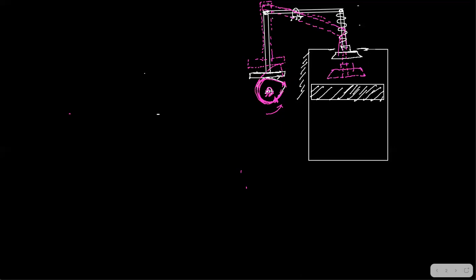So based on how much time you want the valve to be open, how much time you want the valve to be closed, you are going to design this cam. Okay, the cam surface will decide how much time you want to keep the valve open and how much time you want to keep the valve closed. So you study how much time, right? Based on angles in your thermodynamics, you study based on the angles, right? Valve timing diagram. Fine, it is related to this part.